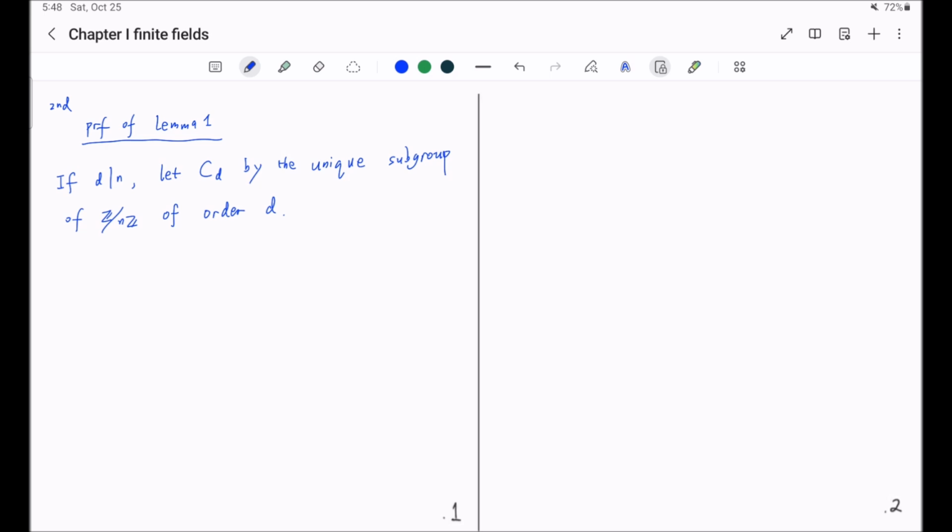Explicitly, C_d is the subgroup of Z mod nZ generated by n divided by d. Let me explain a little why this is unique. Indeed, if C_d prime is another subgroup of order d of Z mod nZ,